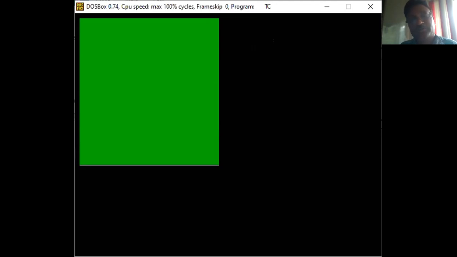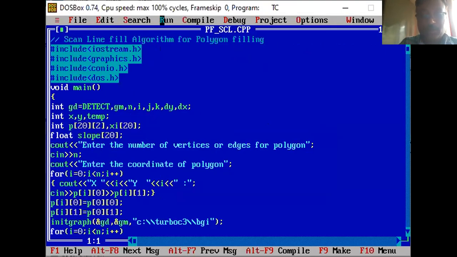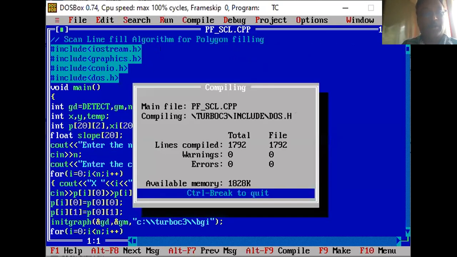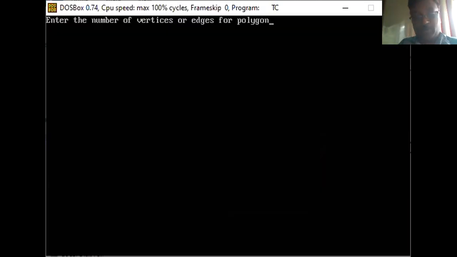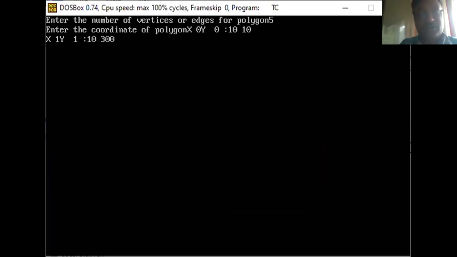Dear student. Yes, sir. But what are the disadvantages in our previous 2-3 algorithms? That is seed fill, flood fill, and edge fill. That is going to be overcome in scanline filling. Again, I am executing with a different value. Suppose I enter the number of edges as 4. You have to start with, suppose, 10, 10 is my initial point. 10, 300 is my next point.